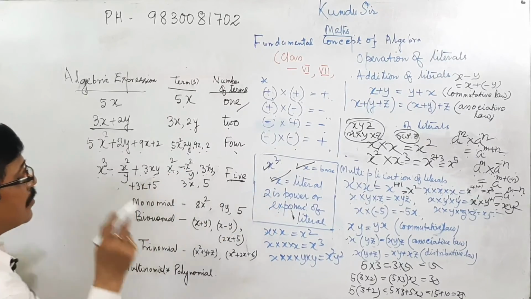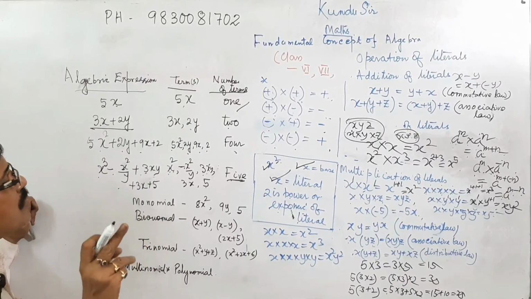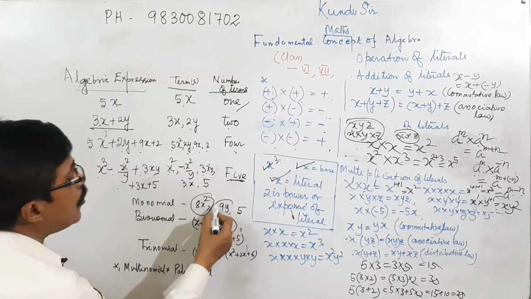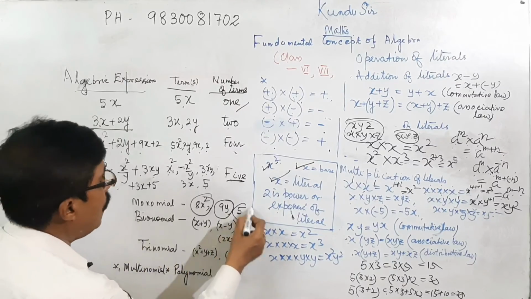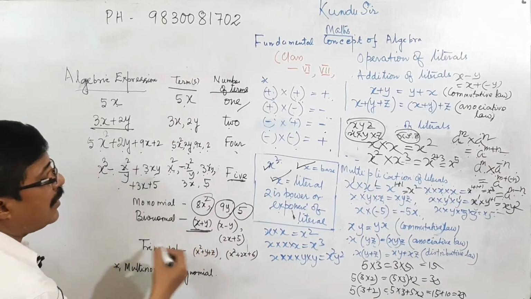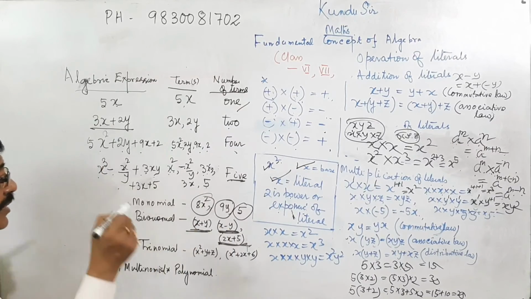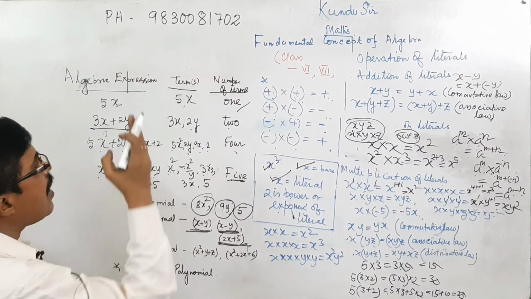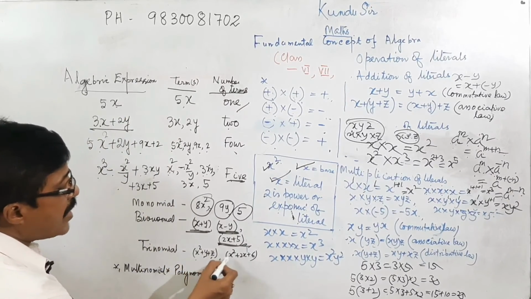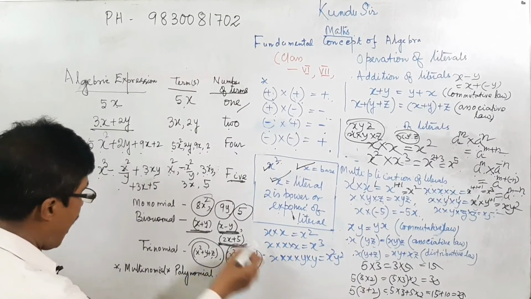There are 5 terms. Now, a monomial is an algebraic expression with only one term. Now I am explaining, it is a monomial, 8x square. It is also another monomial. Now binomial has two terms, x plus y. It is one binomial. Another is x minus y, and 2x plus 5 is another. Then trinomial. A trinomial is an algebraic expression having three terms, x square plus y plus z. It is one trinomial, and another trinomial is x square plus 2x plus something.